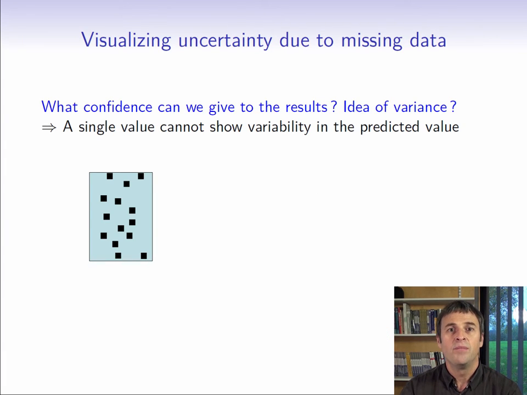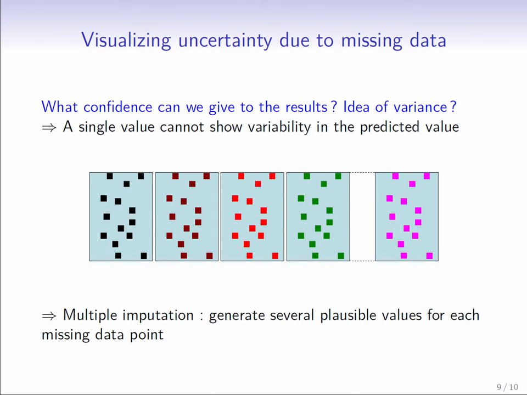Another problem: the imputed data are, when the PCA is performed, considered like real observations. But no, they are estimations, and so there is uncertainty in each of them. One way to evaluate this uncertainty is to perform what we call multiple imputation. Instead of imputing the data table 1 time only, we are going to do it several times and with different values each time in order to see the plausible values that a missing value can take and thus the variability induced by the uncertainty of the imputed values.